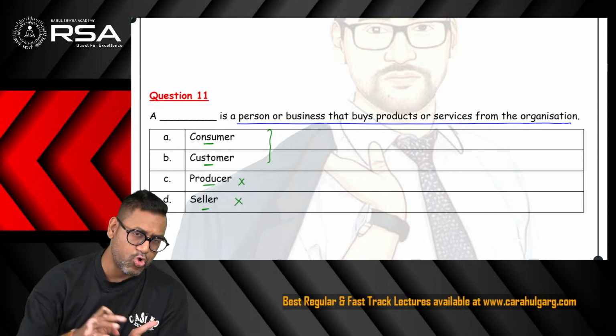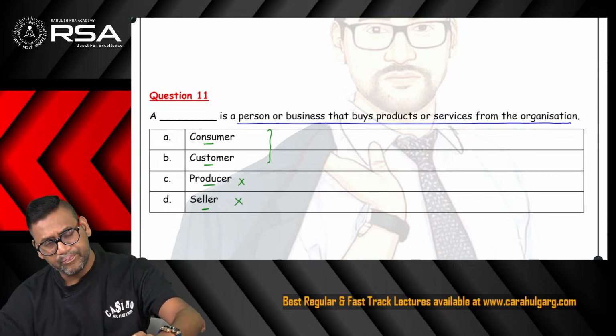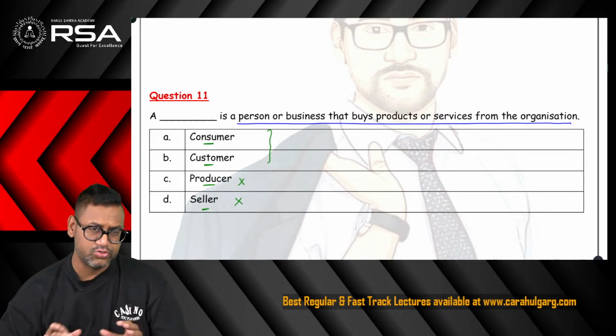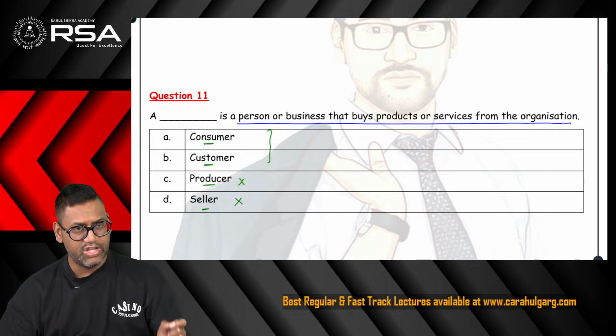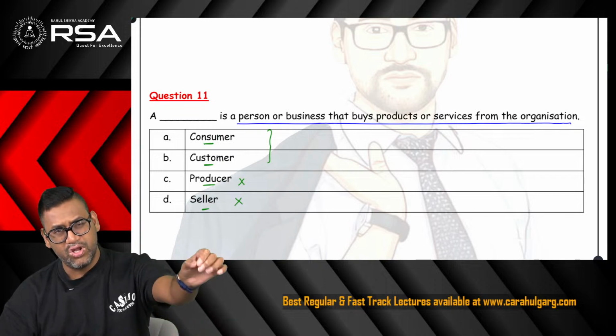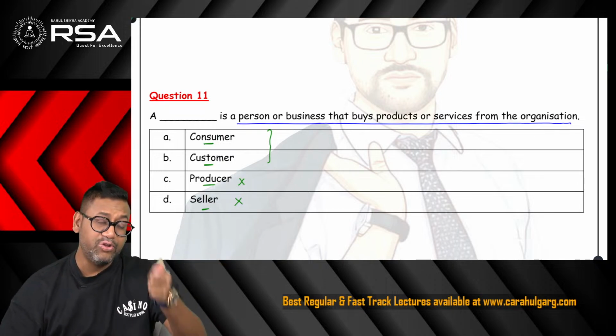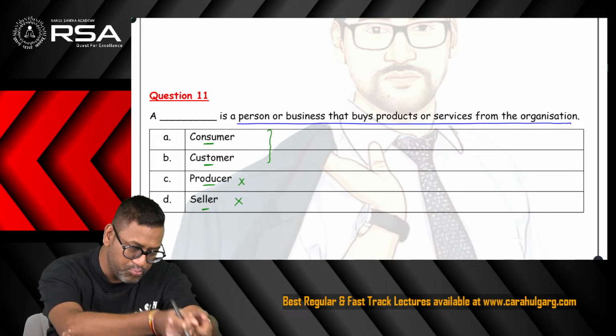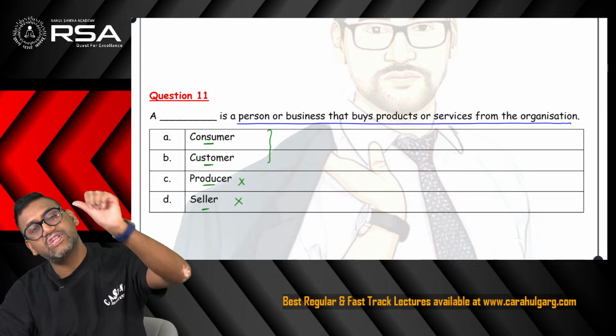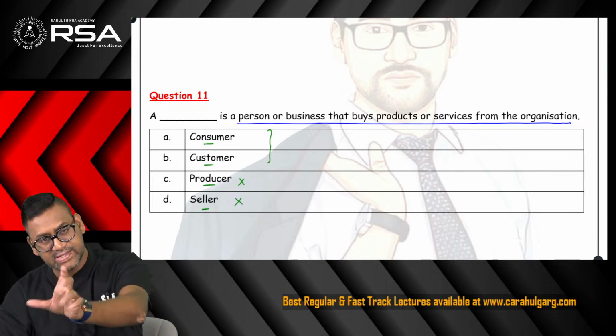For example, in the scorching heat, you're going somewhere, then you stop suddenly and you say, it's too hot, I need to take a drink. And you go to the shop, you say, boss, give me one Pepsi or a Coca-Cola or some juice, etc. You take it and you consume it. So you are the consumer because you gave the money for that, you bought that, and you yourself consume that. So consumer and customer are the same.